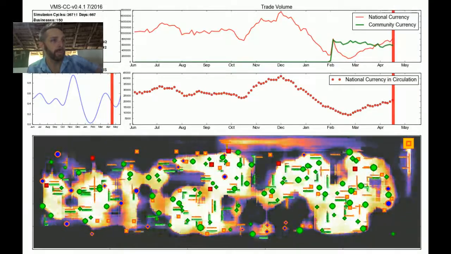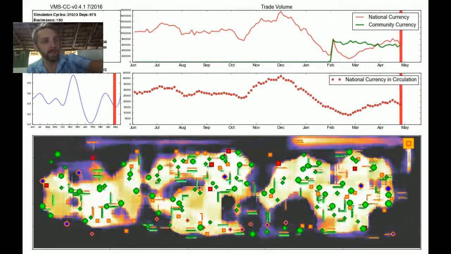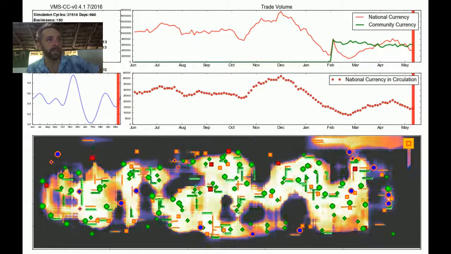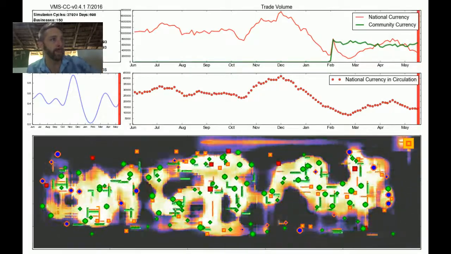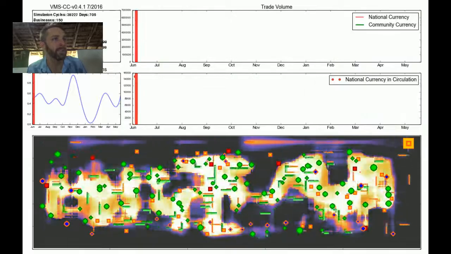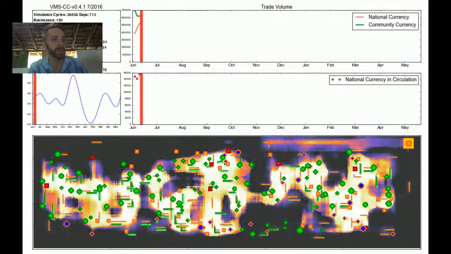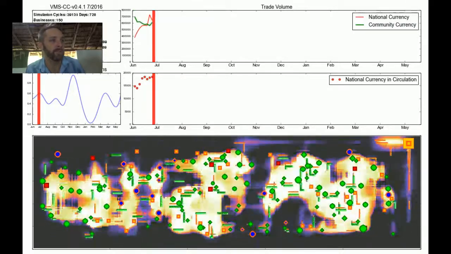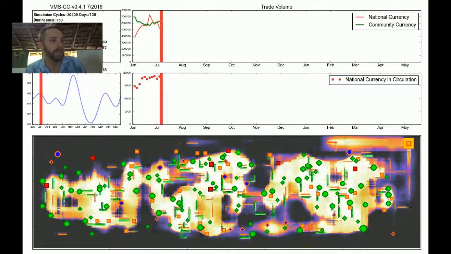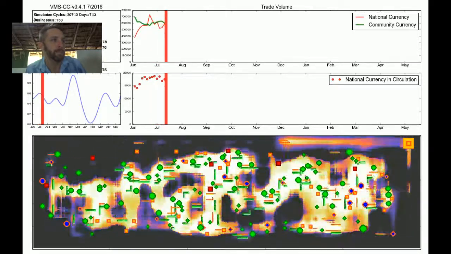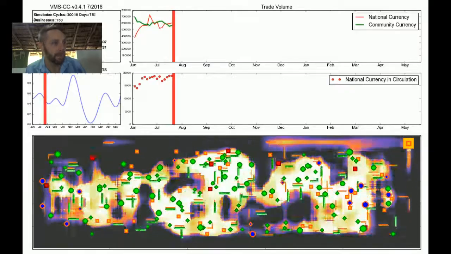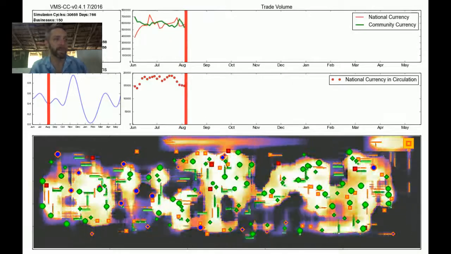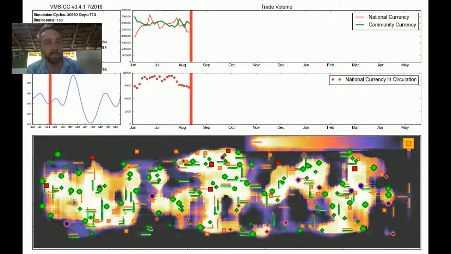And so what you can see pretty immediately here is even though the national currency is not changing, it's still doing this sort of seasonal pattern, the amount of trade starts to jump up, both in national currency and in the local currency. And the local currency here is creating this sort of counter-cyclic effect, so when people have less national currency, they use more of the community currency. So you can see the market in this case now, it's still reacting, there's still importers and exporters, yet there's a buffer system, there's a little bit of resilience now in this market,